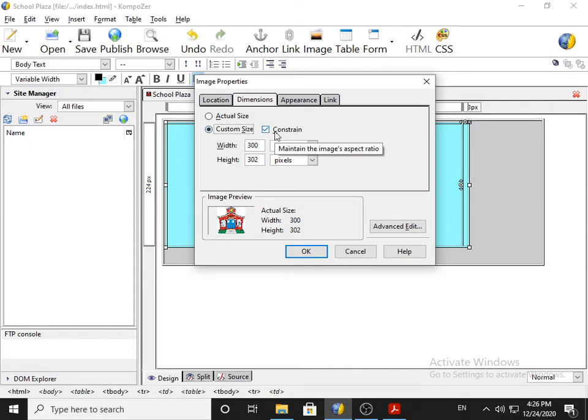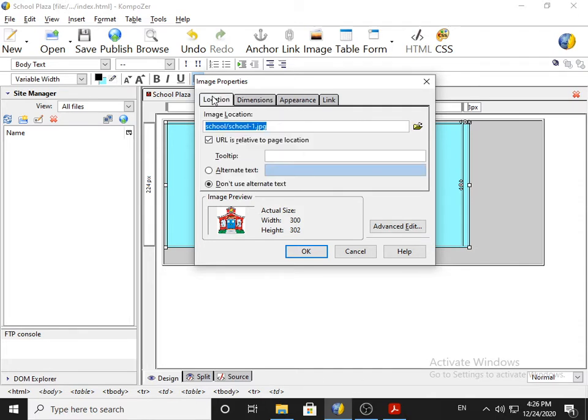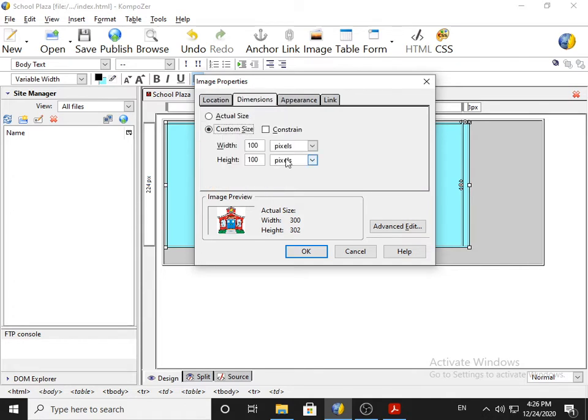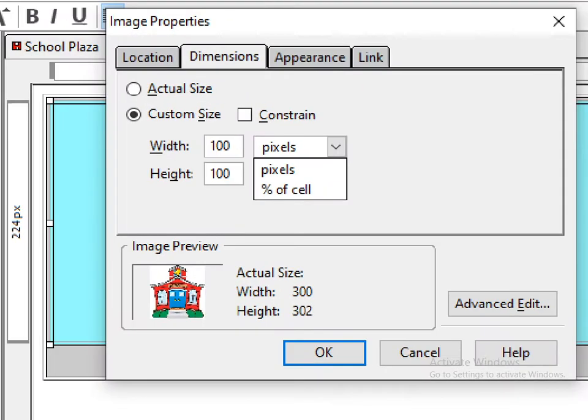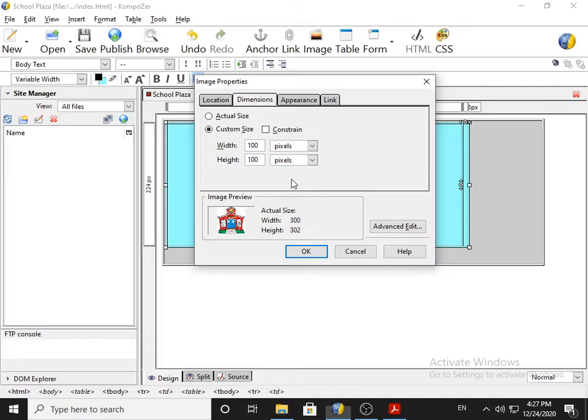Constraint means height and width will change accordingly. If I change the height, then width automatically adjusts. Now I'll mention here 100 pixel, 100 by 100. Okay, I clarify the location, don't use alternate text, and here I go for 100 pixel. You can use percentage of the cell also, both are possible, either mention in pixel or mention in percentage.